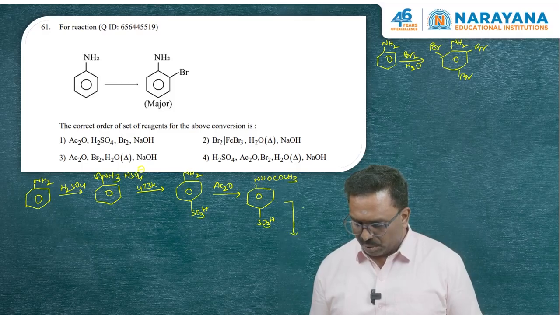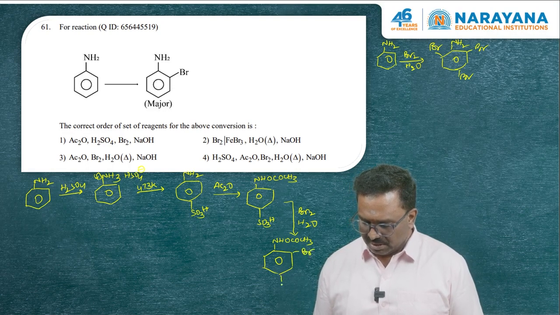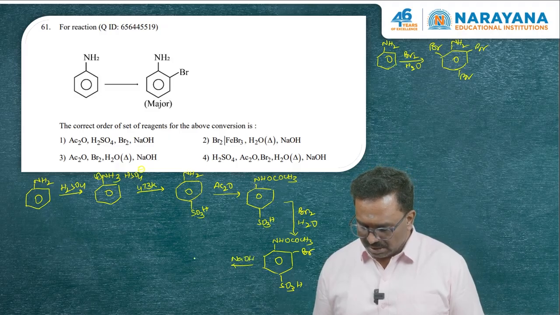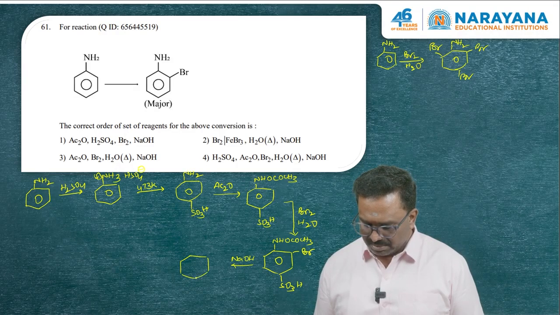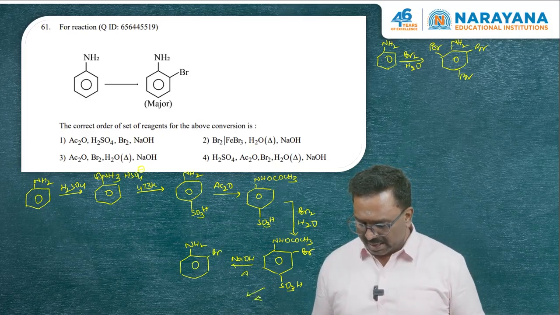Thereafter, the bromination is carried out. Now the para position was already occupied, so the only possibility is ortho substitution of the bromine. And this is treated with NaOH. Now the reaction can be reversed by heating, and the SO3H group is also released. Heating is preferred first because by heating the SO3H group is easily detached